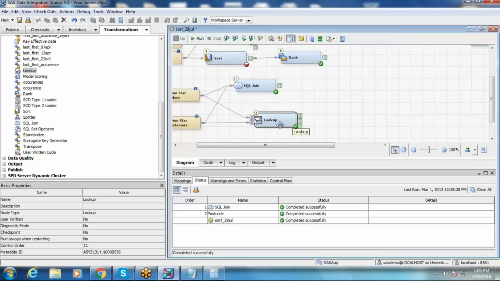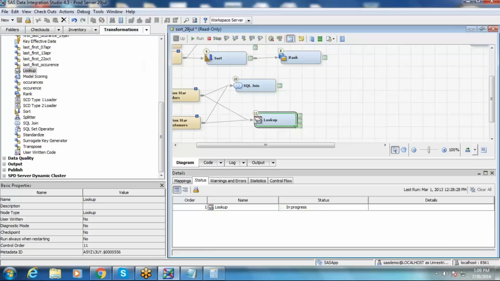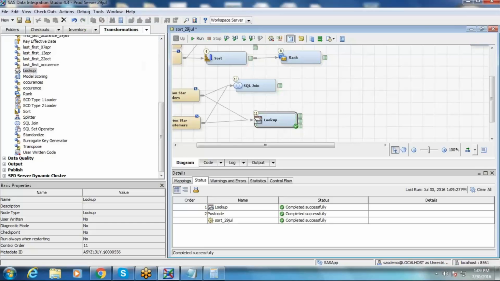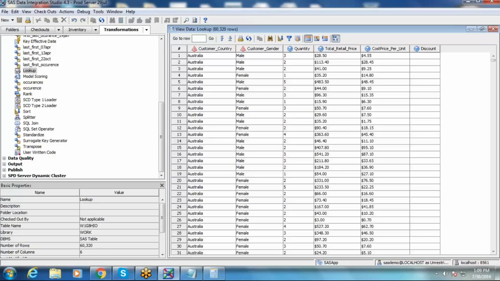Now try to run this lookup transformation. Run selected transformation. You got it successfully run. You can look at the target table first. Here you have only Australian data, 60,320 records.